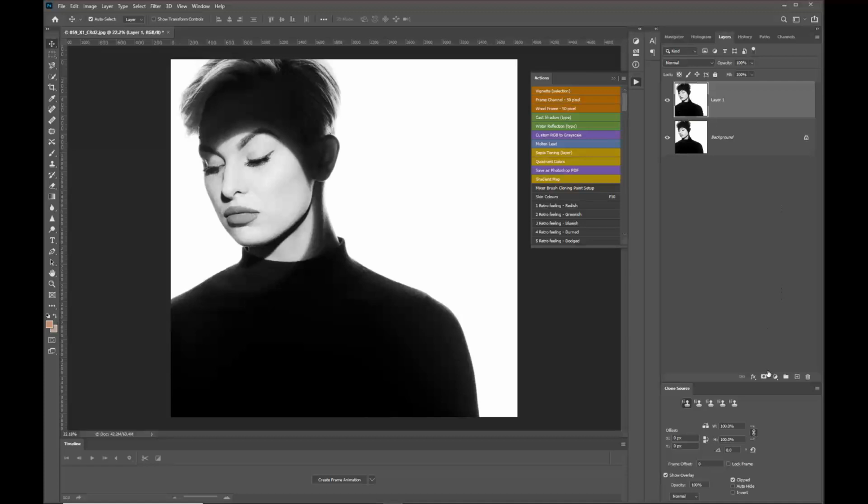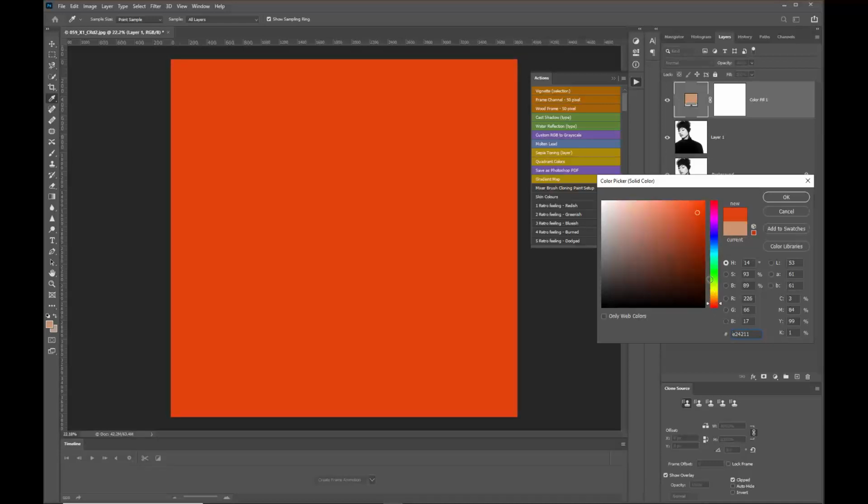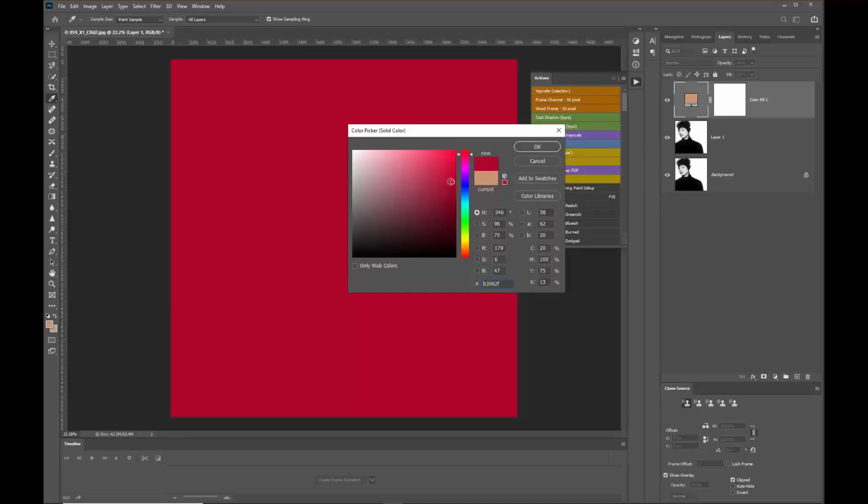Then I'm just going to click on to the create new fill layer or adjustment layer, and I want to click on solid color. Now, in this case, I want to go in and choose one of the deeper reds. So we want to work in a little bit more shocking, whether it's going to be a darker red. Let's just come up to a more solid one. That's perfect. And all I'm doing is clicking on to the color picker to choose the different reds that I want and so on. So something with a little bit less or more zap with it. So once I've pressed OK,